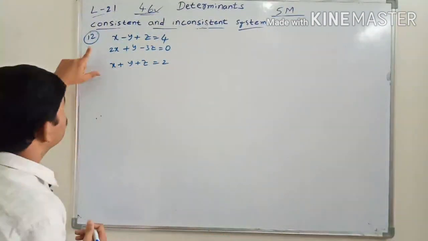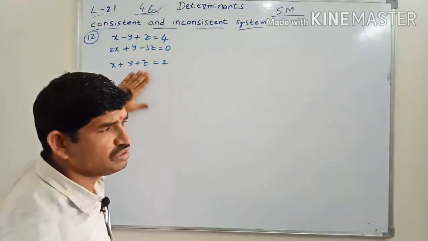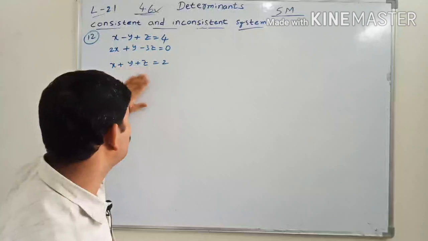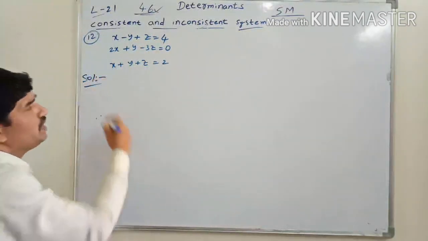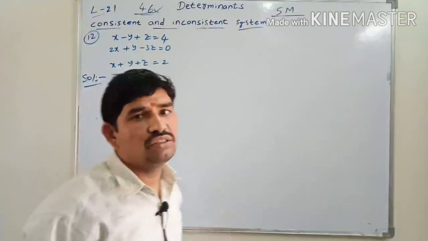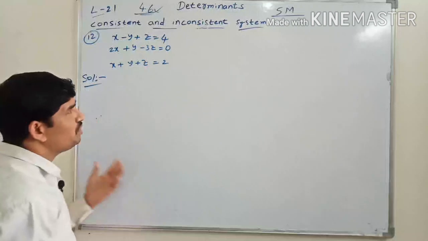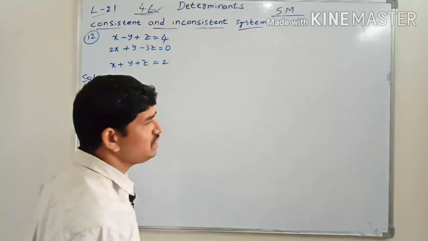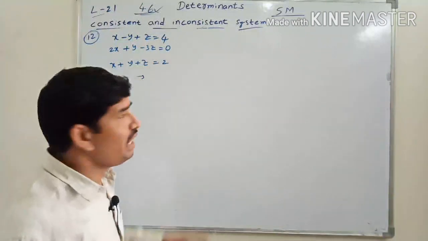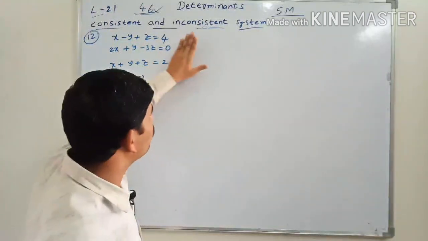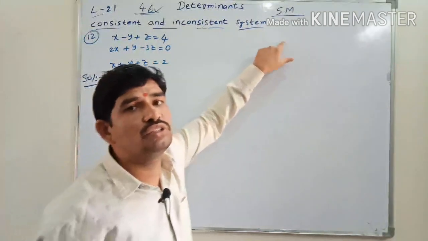See, this is question number 12 in exercise 4.6. Again this is a very important question asked in the final exam, that's why I am taking this question. So just now we have completed by taking 3 variables. Again this is by taking 3 variables only. With this question, you will perfectly complete the matrix method. So first we have to write the system of equations. Again I am not going to write the whole thing here. We will solve the system of equations by using the matrix method.